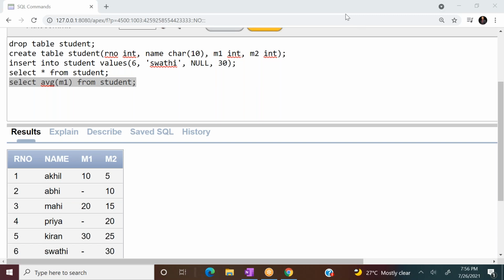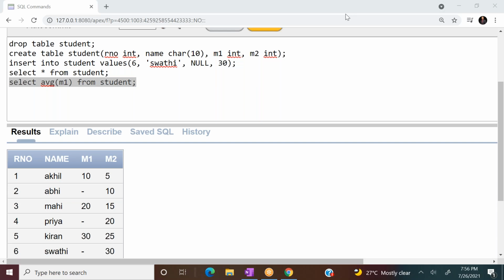What values are there? 10, 20, 30. Now, average is sum by count. So 10 plus 20 plus 30 is going to become 60. Now is it 60 by 3 or 60 by 6? It is 60 by 3.